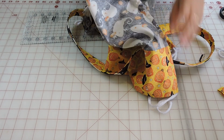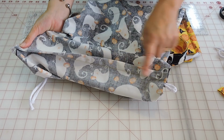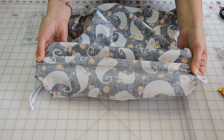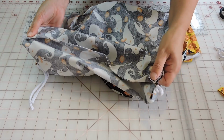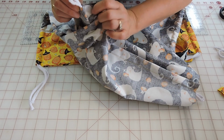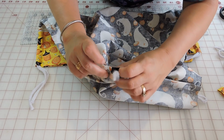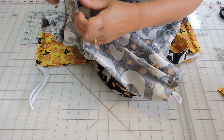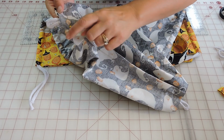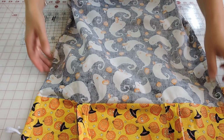One to one side, and in this case here, let me see if I can show you. My bottom here, this is my bottom of the bag, it's already folded for this side, so I want this other side to fold to the same side, so it folds flat. So I don't want to do one this side and one this side, because then it's not gonna look right. So we're gonna fold to the same side, the bottom one, then the other one we fold to the opposite. All right, with the seams matching. So I'm matching my seam right on. Okay, and I'm gonna be doing a seam across here, and I'll be right back. Again, make sure you secure it really well where you have your string. All right,